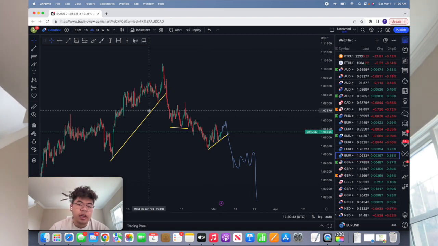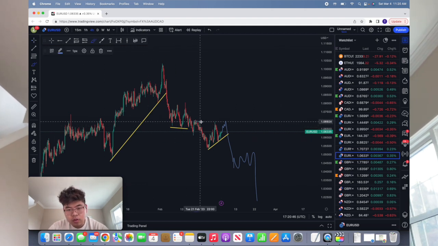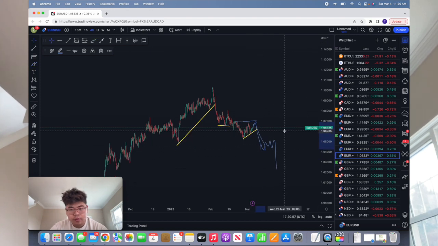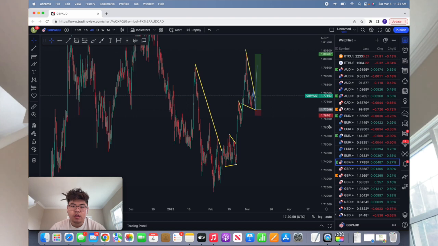Now, I don't feel assured that it's going to continue to go down. So what do you do? You wait, right? You wait for it to create another flag. Then when it goes down, then you can be sure to say, okay, correction after another correction. If I see opportunities here, I'll take it. But right now, there's nothing.